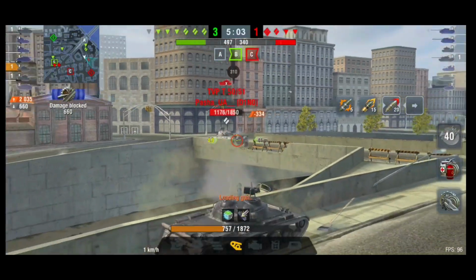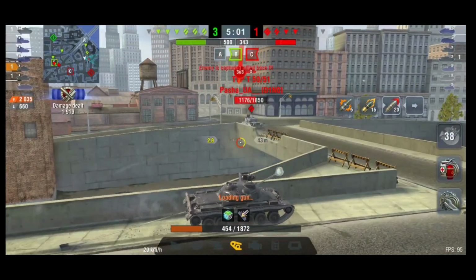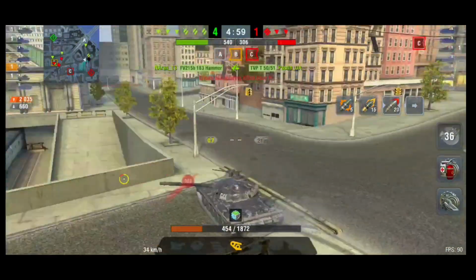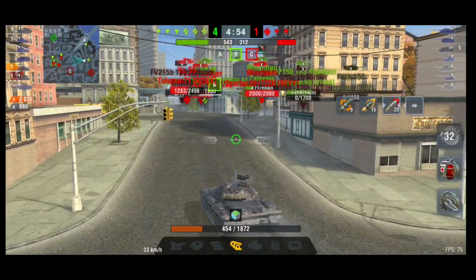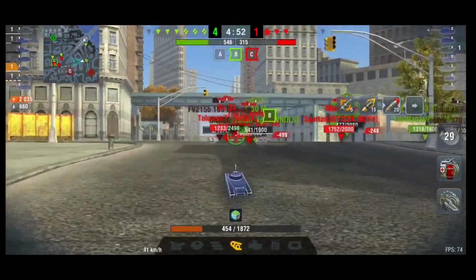It's about being unlucky and not winning games. Now, you don't bounce too much in the Object 140. I think with the camouflage, it looks fantastic. It does look fantastic. But when you look at other tanks like